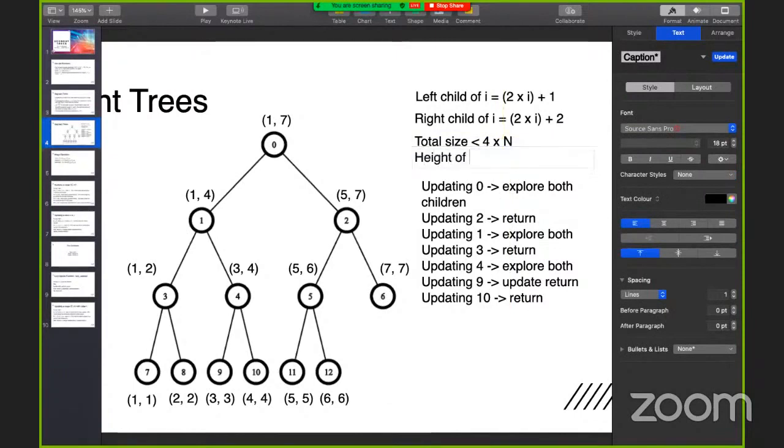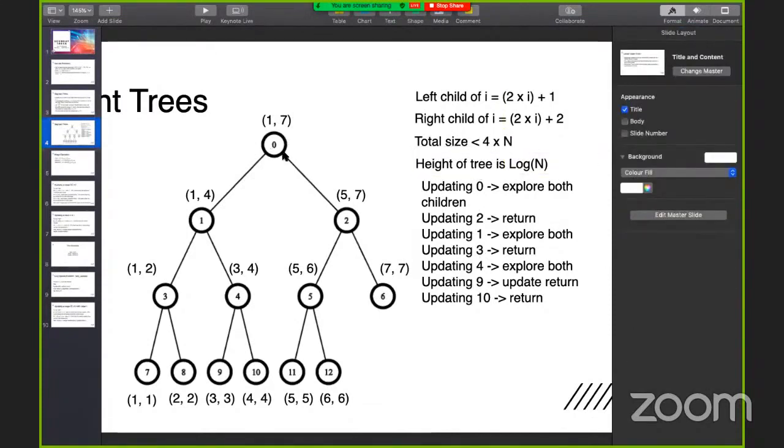The height of the tree is, I mean, it's not around, it's log n. In the update function, we're following the path from the root all the way down to the leaf node, so the height of the tree is being traversed, and that's log n.